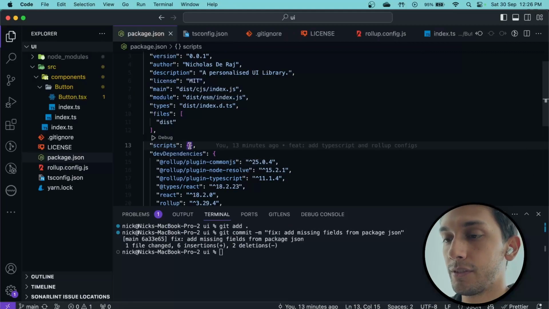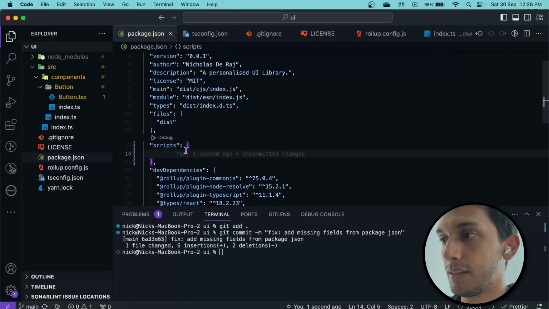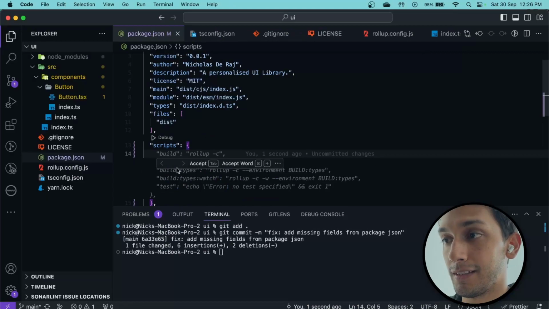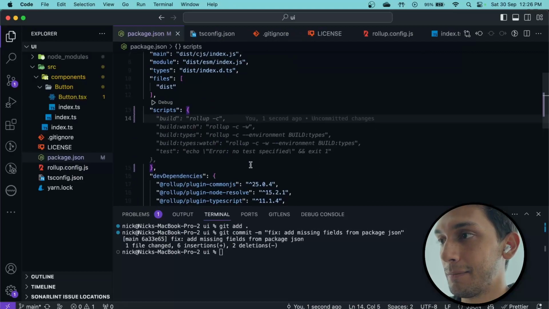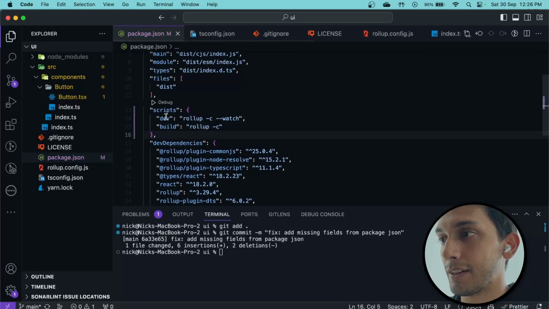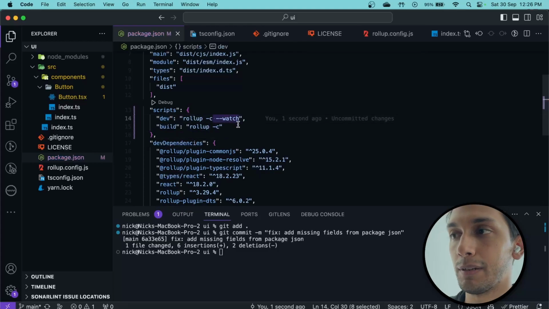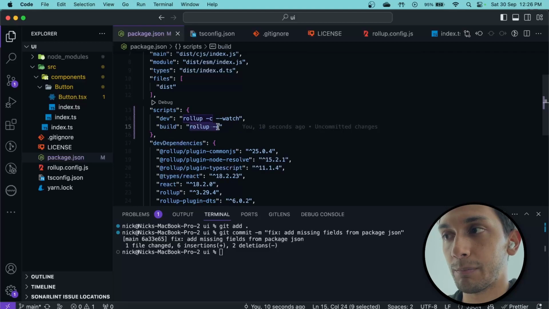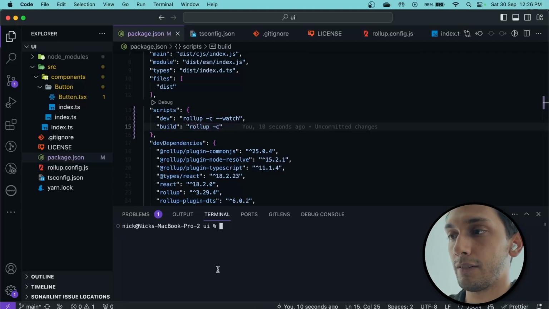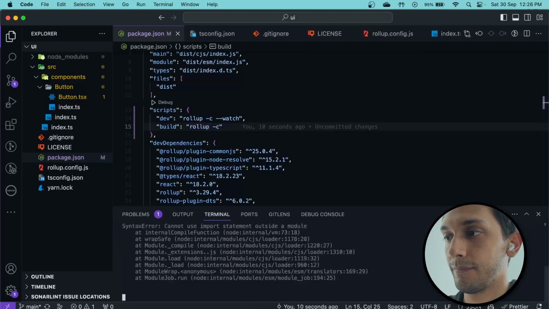So the next thing I'm going to do is to finally add the script that we run to build rollup, and it's given me a few right here, but I'm just going to add a dev script which uses this watch flag, which basically means anytime there's a change in my files, it'll rerun rollup and make the changes, and the build one which just builds it. So if I now run yarn dev,